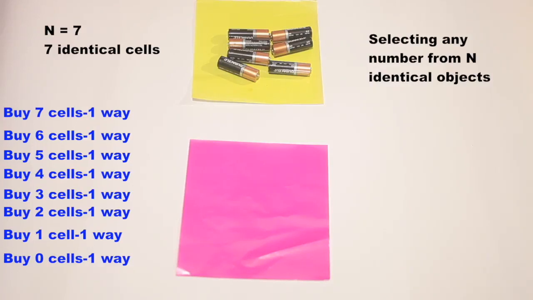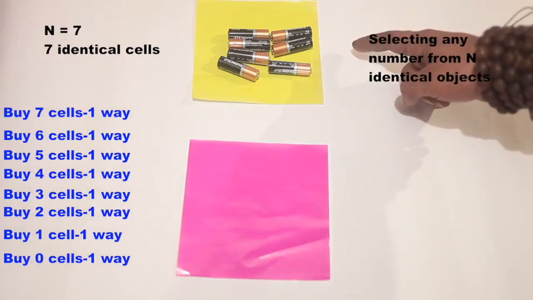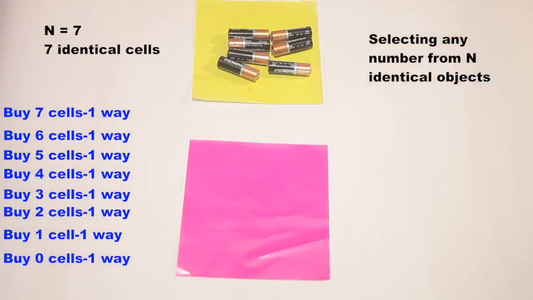That gives you 8 possible ways. So one more example just to practice and noticing the same logic. If I have 7 identical objects, I had 8 possibilities. When I had 3 identical markers, I had 4 possibilities. So I can see why the formula for choosing from n identical objects would be n plus 1.